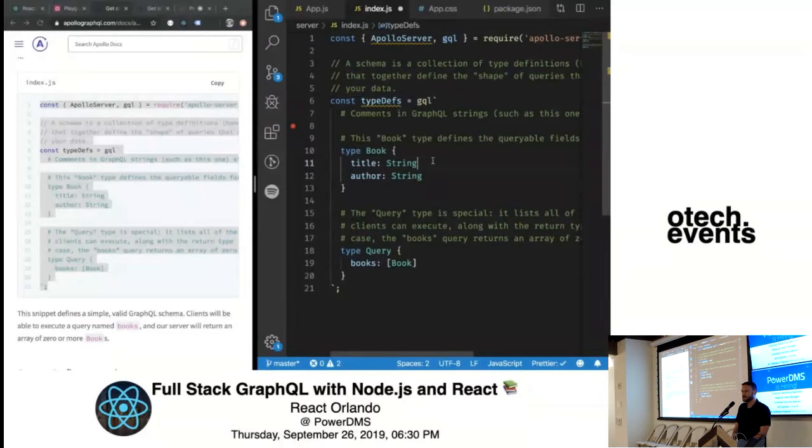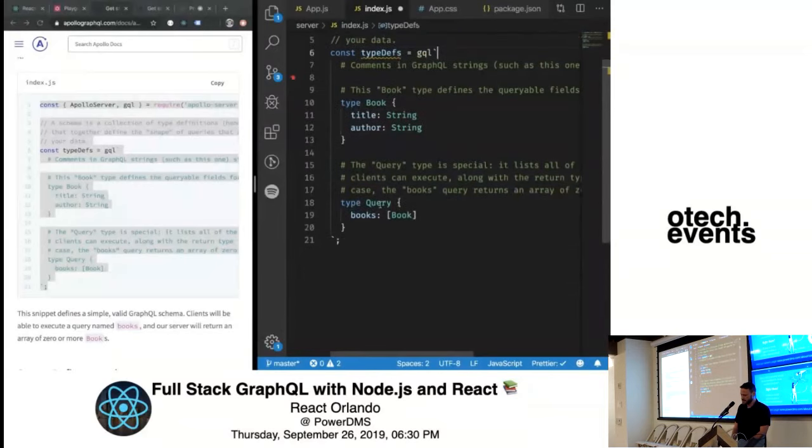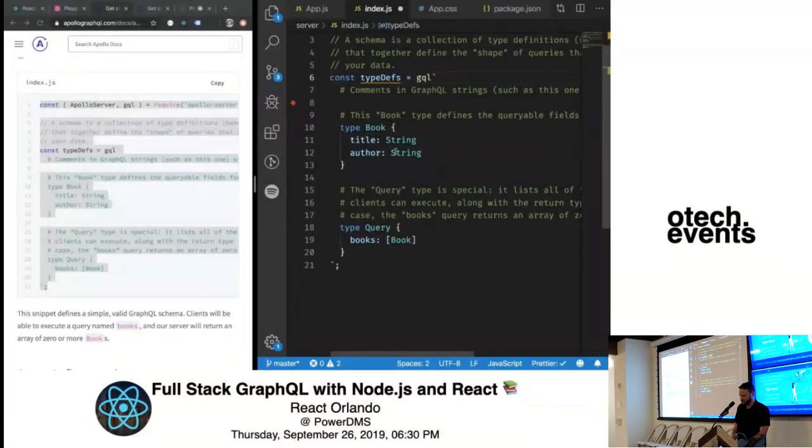I think I would have to add a loader to the Webpack setup, which in Create React App isn't that straightforward. So we'll just inline it here in the JS. You give it a tag template literal with your schema, just like you would write it out in a GraphQL file, and it understands that it's GraphQL. So that's our typeDefs.